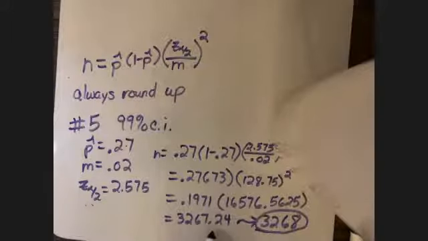3267.24. It does not matter that that is a 0.2 and your rounding rules say to round down. You always round up to this one, okay? So that is going to go up to 3268, okay, is where that is headed. Okay, so hopefully now,